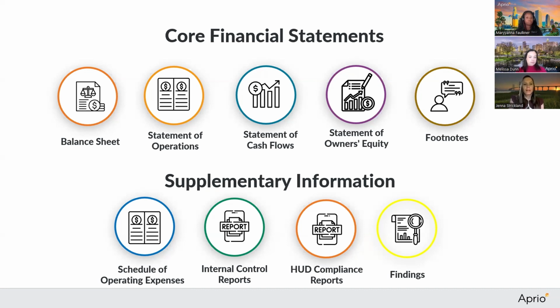This is really going to highlight your assets, your liabilities, your equity, and we'll go into all this in detail. Then you're going to have your statement of operations. This is also known as an income statement or profit and loss P&L statement. This is going to show your revenue, expenses, your income or loss. Then you have your statement of cash flows. This is really showing your use of cash, what you are using cash for, and how you are getting your cash. Then you have your statement of owner's equity.